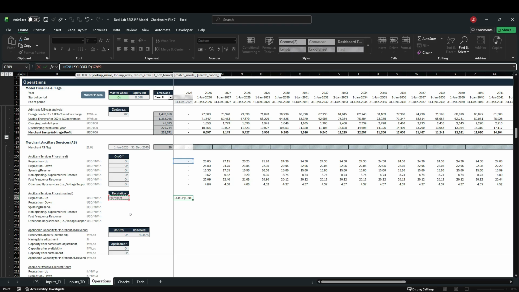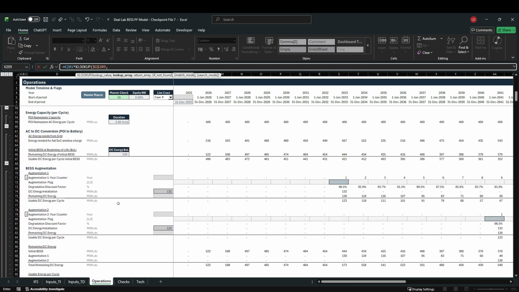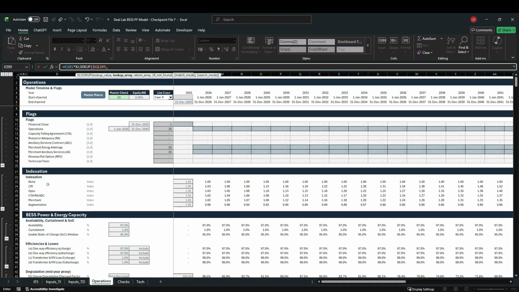So select G209, hit F4 once, because we only have one reference, so we want it to be fully anchored, comma, and as in our previous lessons, we refer to this list up here. Hit F4 once to fully anchor it,